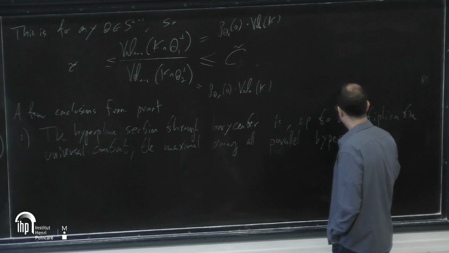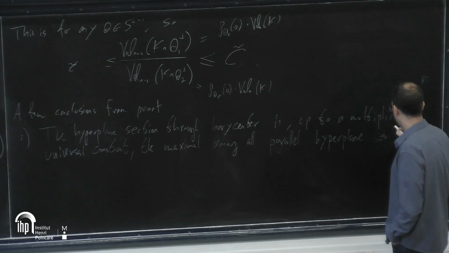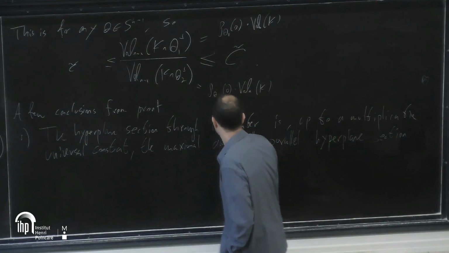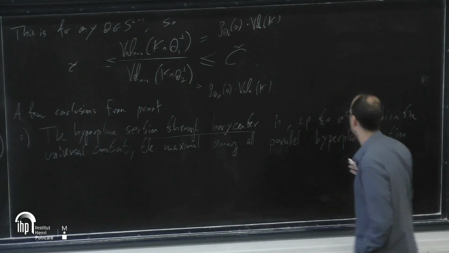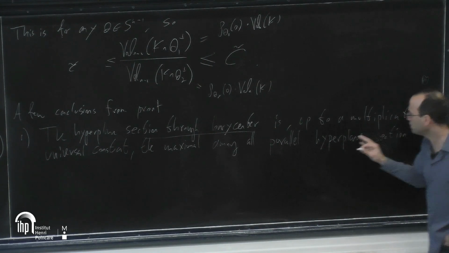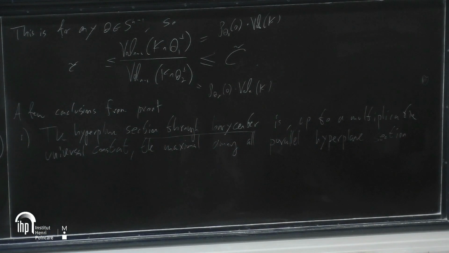Okay, so if you study the slicing problem, you can restrict your attention to sections through the barycenter, because sections through the barycenter, up to a factor of E, Mattia, I think E, no? Yeah, up to a factor of E, they are the largest ones. So if you are willing to lose a factor of E, then you only look at sections through the barycenter.